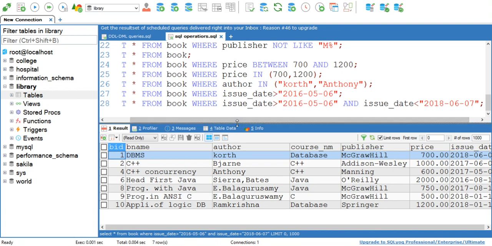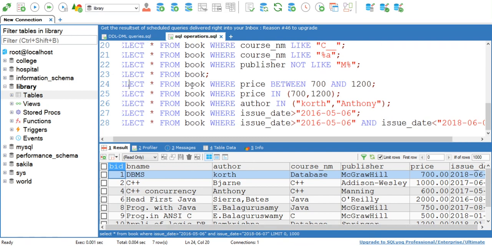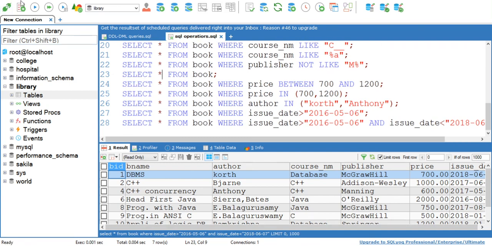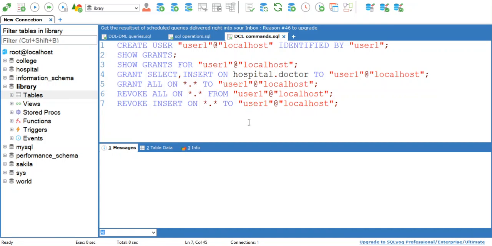Now when you open that file, it will get opened by using any editor like Word or Notepad, or you can simply open that file from here also. Go to the File menu, then go to Open. It will give you the list of all SQL files. You just select any file and then open. So this is how you can save your work and open your SQL files by using the SQL environment. So this is all about today's session.